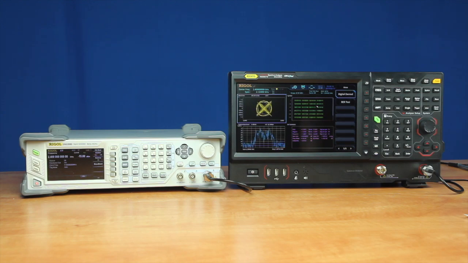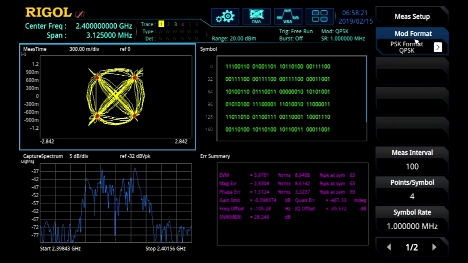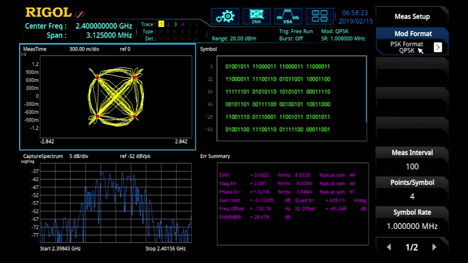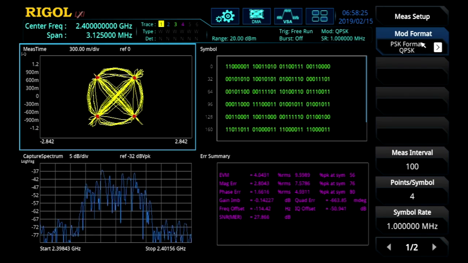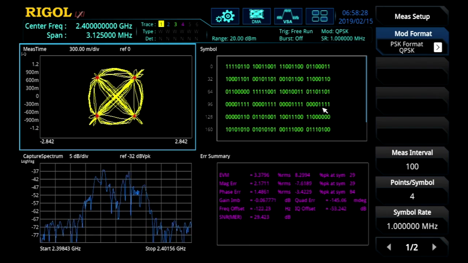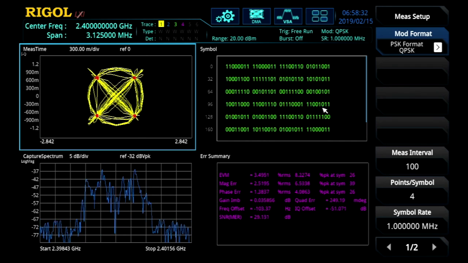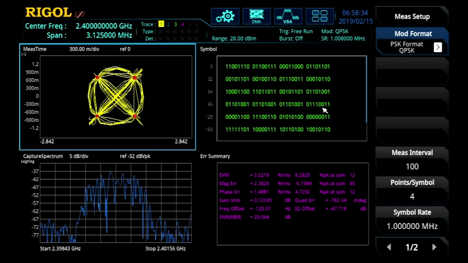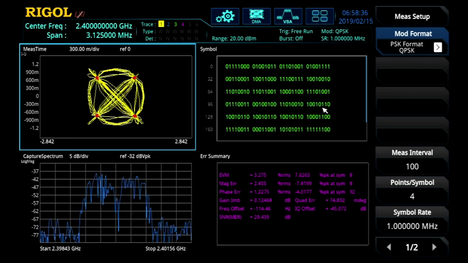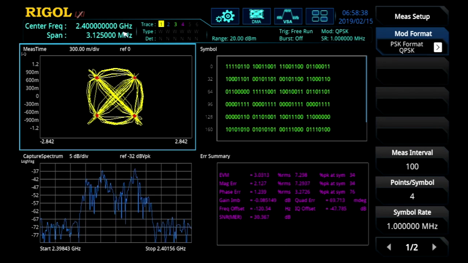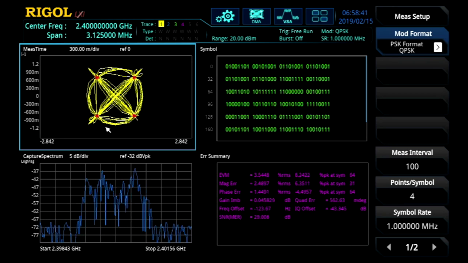Let's look at some digital demodulation capabilities in the VSA. In our digital demod menu, we can select a modulation format, such as QPSK. We're putting a QPSK signal into the analyzer that we generated in our DSG3000 series signal generator. So up on a 2.4 gigahertz carrier, we can see the constellation diagram,